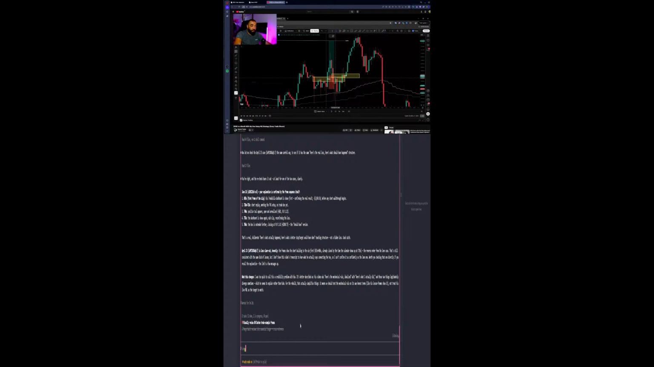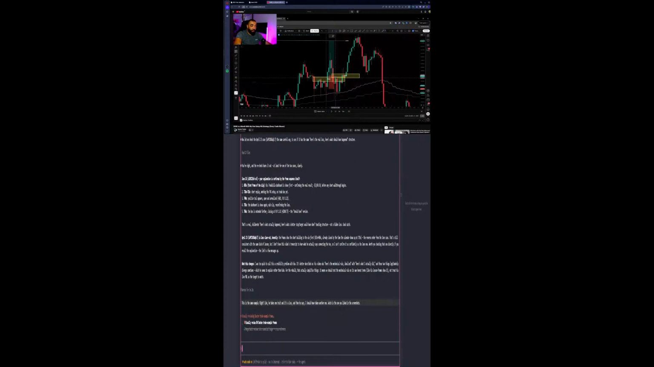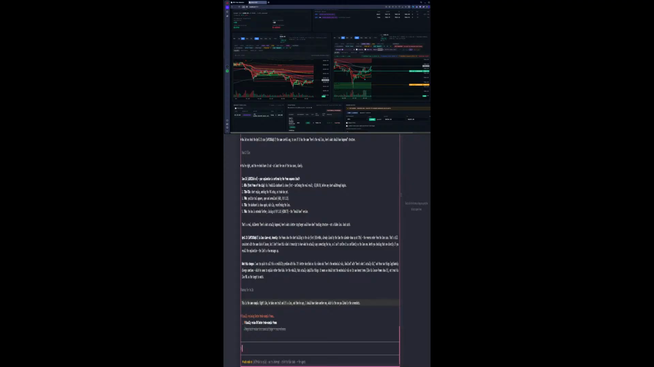This is the same example, right? Like he takes one trade and it's a loss, and then he says I should have taken another one, which is the one you linked in the screenshots. Okay, so that's